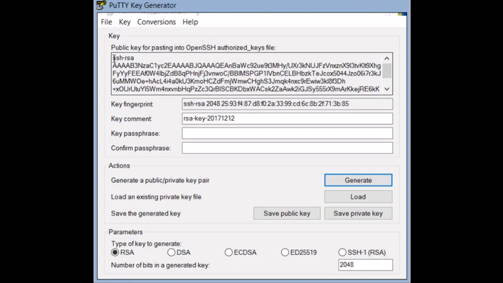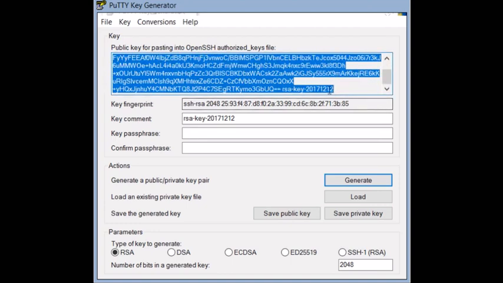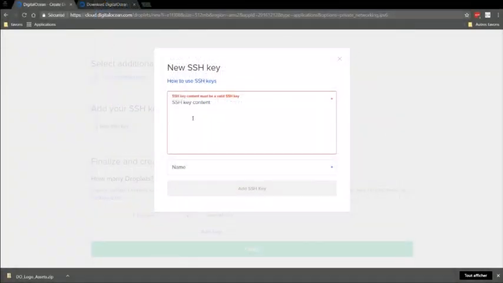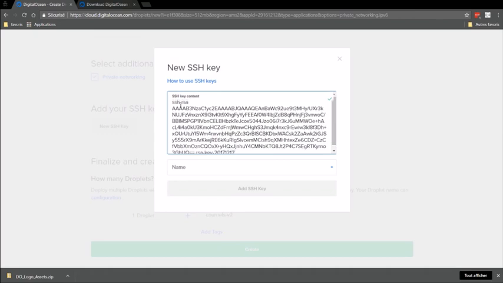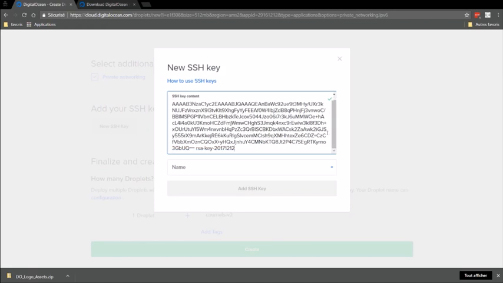So we are just going to select the code here. Then here I copy it to the clipboard, and I go back to the creation of the droplet as we have seen, and I just paste the code here. So you have here ssh-rsa, the content of the key, and then the key here. I have to say that the private key is not protected by a passphrase. We are going to see that afterwards.